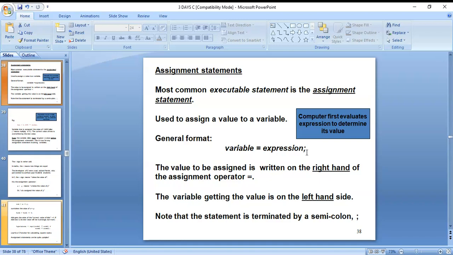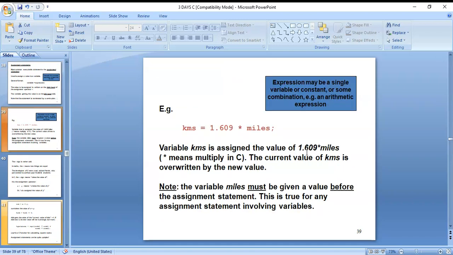It is used to assign a value to a variable. The general format is variable is equal to expression. The value to be assigned is written on the right hand side of the assignment operator. The variable getting the value is on the left side, and on the right side are the expressions.